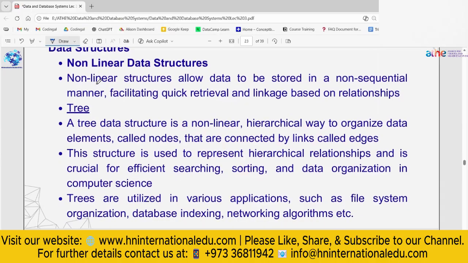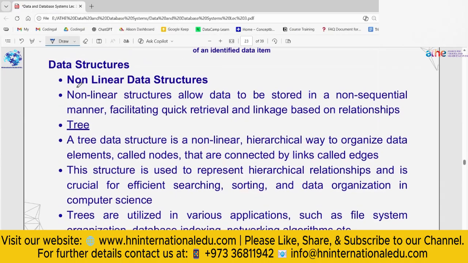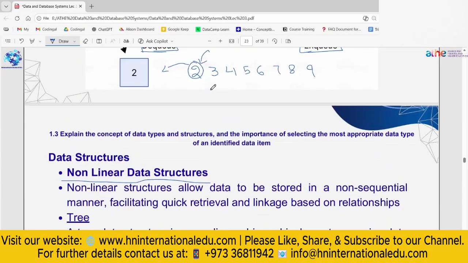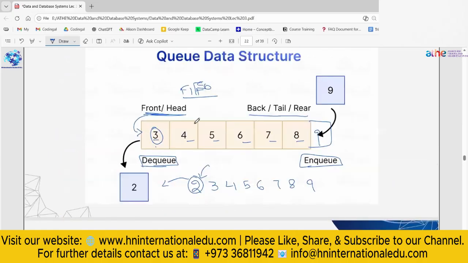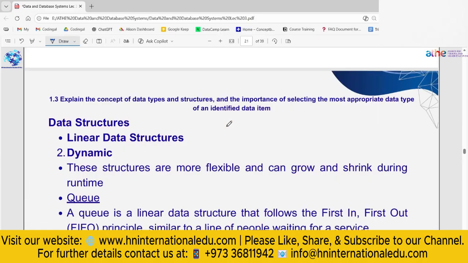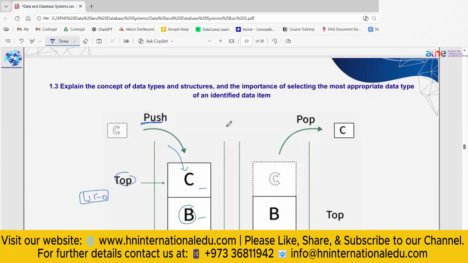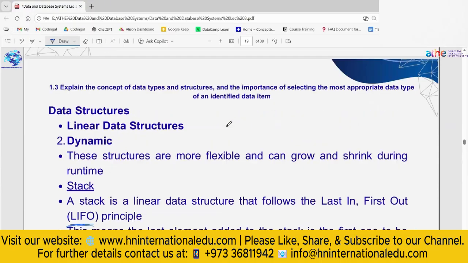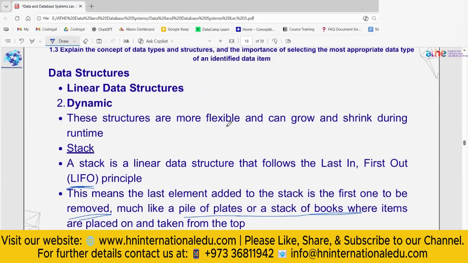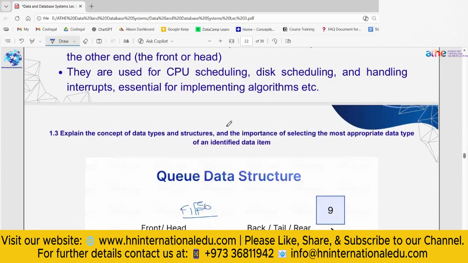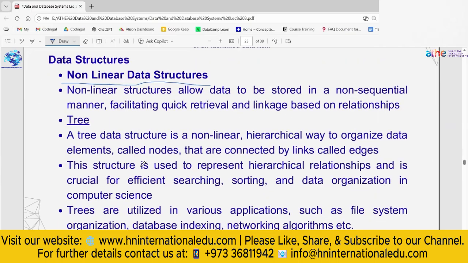Next is the non-linear data structures. So we discussed linear data structures which follow sequential order. Okay, if you look at all of these data structures, queue and stack and array and linked list, they all work in a sequential manner. Okay, so next one is the non-linear data structures. Non-linear data structures mean that basically they don't work in a sequential manner. Okay, so you can basically allow the data to be stored in a non-sequential manner, facilitating quick retrieval and linkage